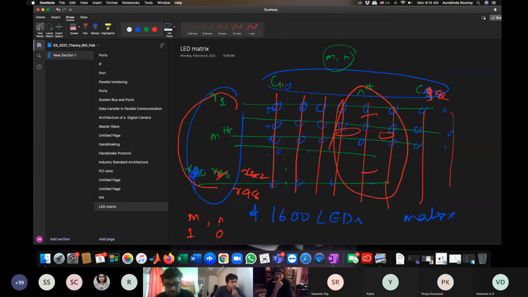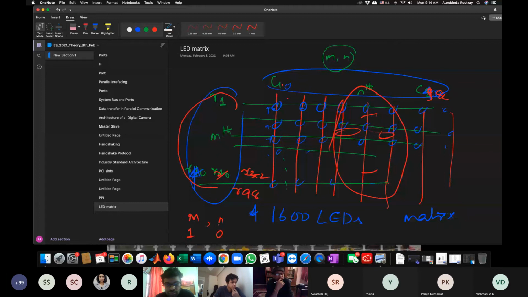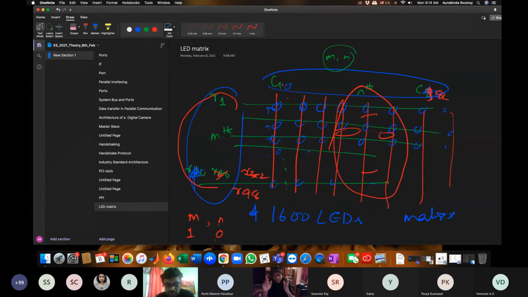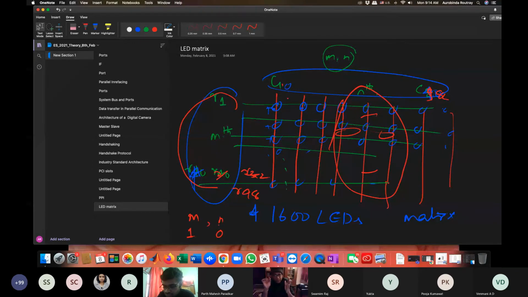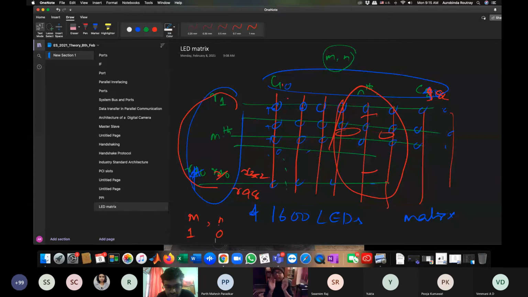Now you guys have to do this homework. Not homework, this is actually a test. You generate this 80-bit port, and make 48 rows and 32 columns. Assume that you are not going to design the hardware; assume that the LEDs are connected there. Then you use this scan. That means you continuously scan, one row at a time: first row, second row, third row, fourth row, like that. You scan it so fast that your face appears like it, even though each LED is actually just blinking very fast. That's all.